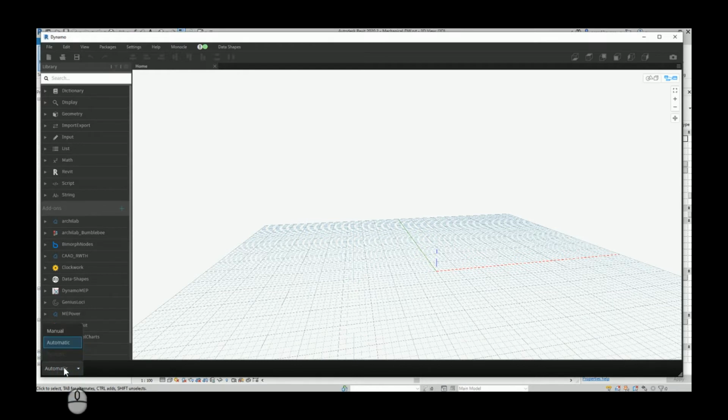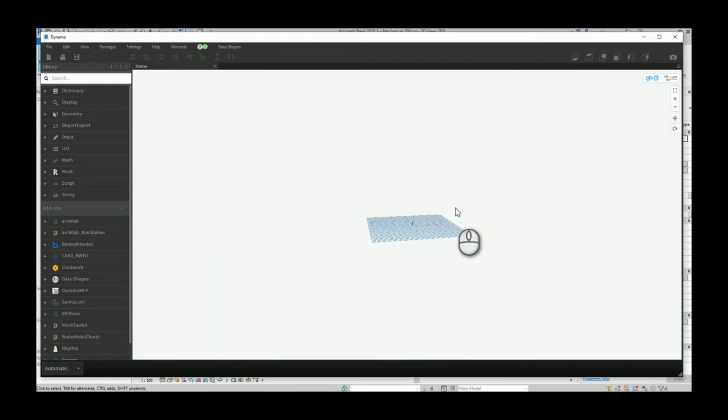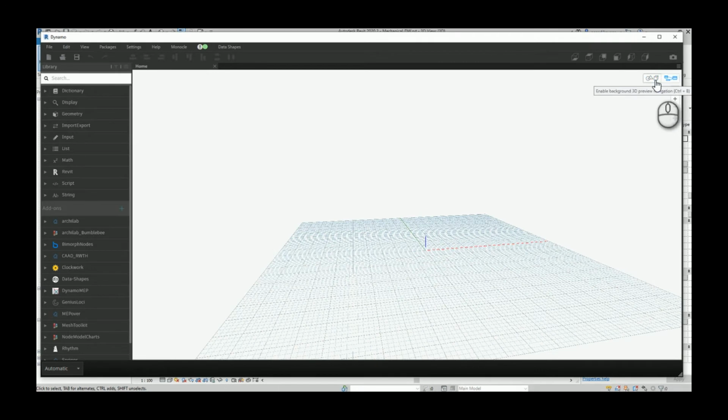But if you choose to go with manually, every time when you connect some nodes, you will need to hit that run button. And we will see that in a couple of minutes. Now I will leave that option to be automatic. And also, if you want to create some Dynamo script which will use some geometry, you can switch between this